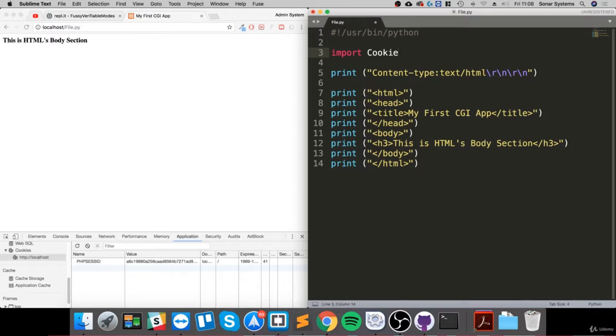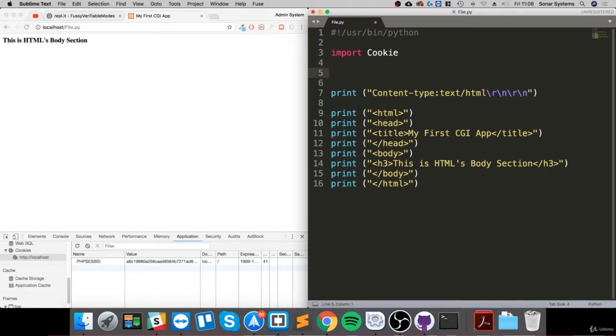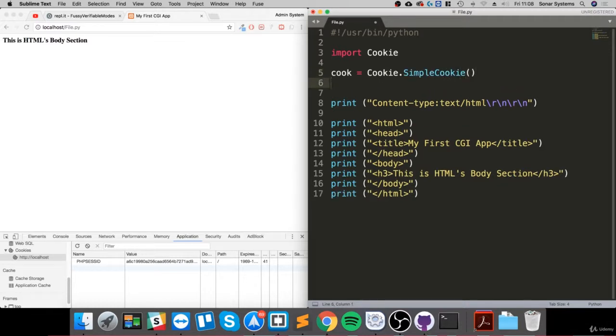Okay, so we've imported the cookie module. We need to create a cookie sort of variable object. I'm going to call it cook equals cookie dot SimpleCookie. And to set a cookie, you just do cook, then quotation marks in the square brackets, and then you put the name of your cookie. I'm going to put user ID